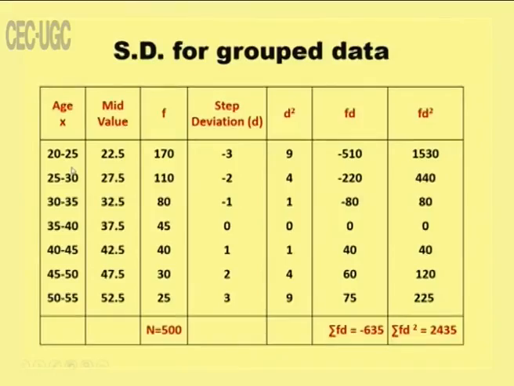That means the age that is starting from 20 to 55, and therefore, on an average it is ranging on both sides by 9 years. That is the standard deviation. That is the meaning of this term.